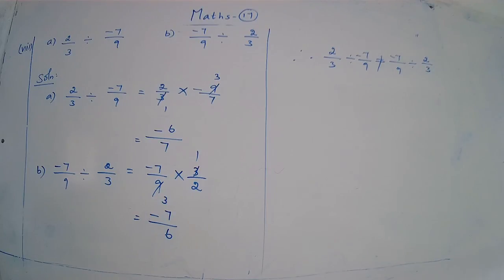Now you come to the second question. It is a division question, okay? So you convert into multiplication. So we multiply the dividend by the reciprocal of the divisor, okay children? Multiply the dividend by the reciprocal of the divisor in a division question, okay children? So do carefully, okay? You find the value of A part and B part, then after you compare this A part value and B part value.